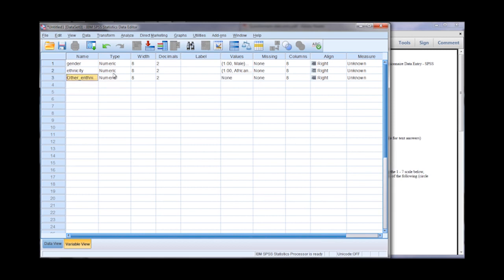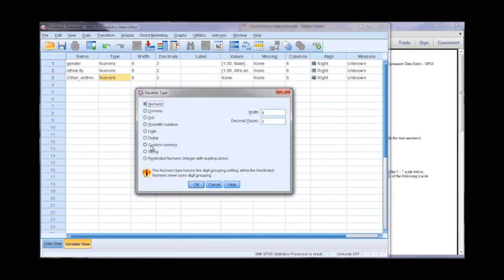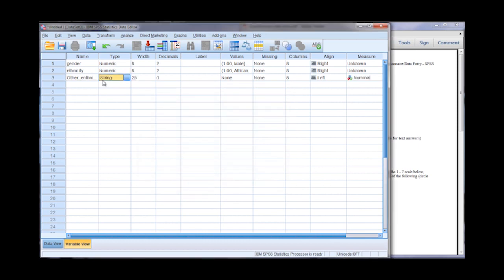Then we don't want it to be numeric, which means it's going to be a number. It's not; it's going to be text here. So click on numeric, click on the 3 dots, and then select string. String indicates that you can have text. Then let's change our characters to 25. That will allow 25 spaces, and then we're done there.